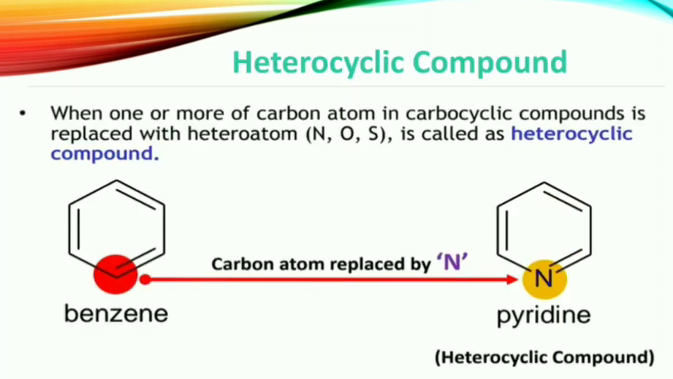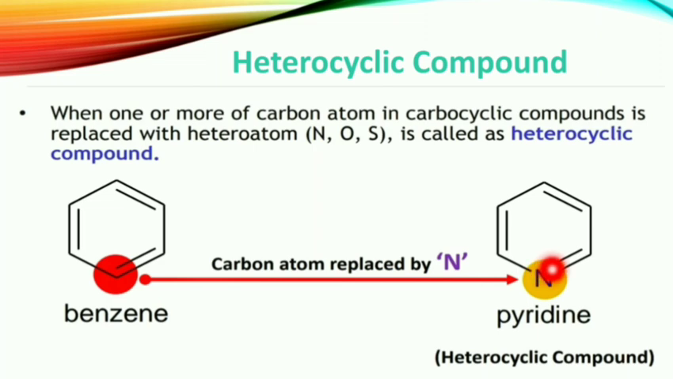Then we will see what heterocyclic compounds are. You are aware of heterocyclic compounds, but let us see what they are. When one or more carbon atoms in a carbocyclic compound are replaced with a hetero atom, suppose we take the example of benzene. If you replace a carbon atom with a hetero atom such as nitrogen, oxygen or sulfur, then you get